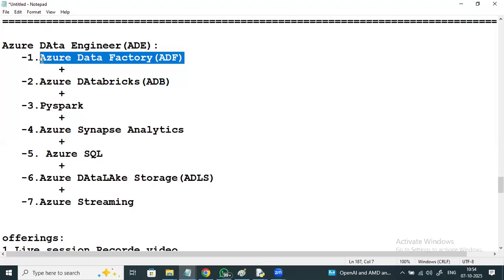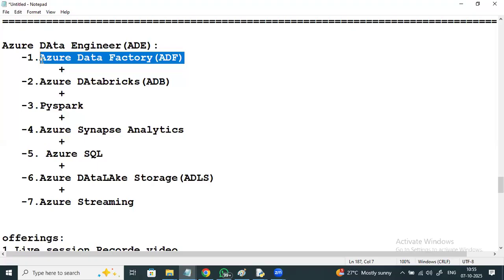That's it. So Informatica, SSIS, or if you talk about DataStage, Talend, all these are on-premise ones. On-premise means we need to take care of everything, but today everything is going to the cloud environment. We don't need to maintain anything. Everything is taken care of by the cloud. So ADF is a cloud-based ETL.